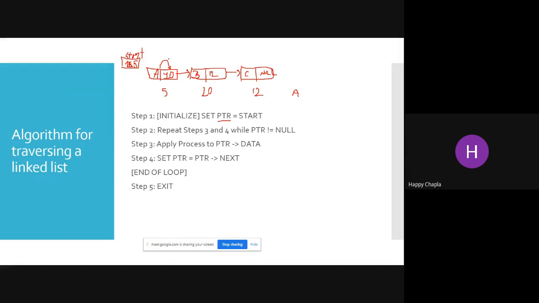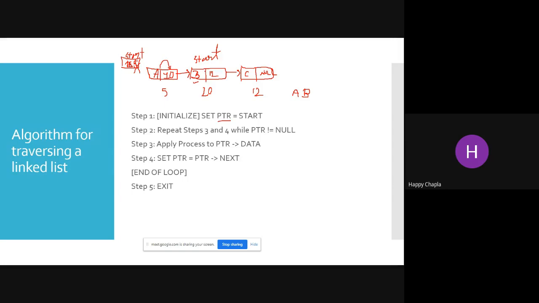I can't jump, but what I am doing is jumping my start variable. So my start is now going to point over here at the 10 number location. Instead of 5, my start is now at the 10 number location. Print your data part, so start's data part. Now this node is known by the name start. I'm giving the name as start. So now B is the data part of start.